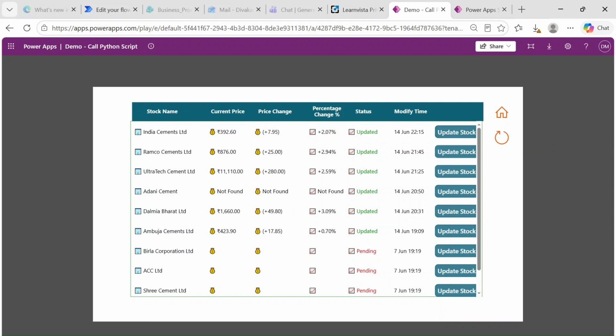India Cement Limited, we got 392 rupees. Then these are the values, just 14, 10, 15. See here, you can see it was updated 3 minutes back. That's it. So why have I built this solution? Basically, Python